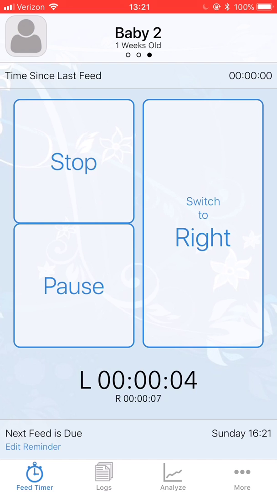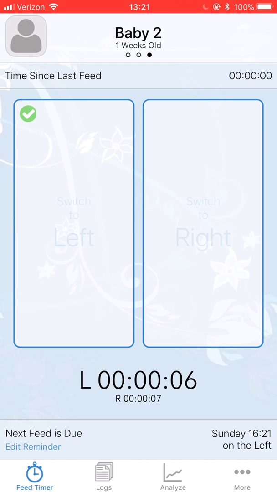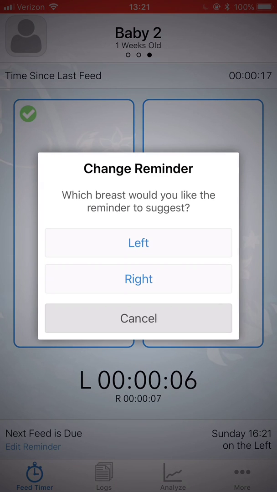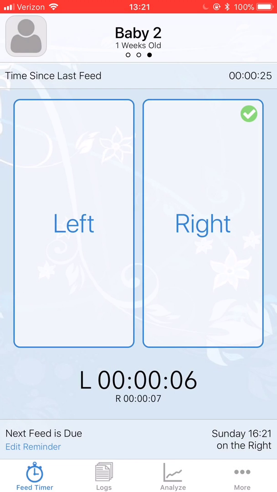At the bottom section is a reminder. Here you can designate the left side or right side for reminders. At the very bottom of the screen has a menu. Currently we are in the Baby Feed Timer. If we choose the next icon over, Logs,